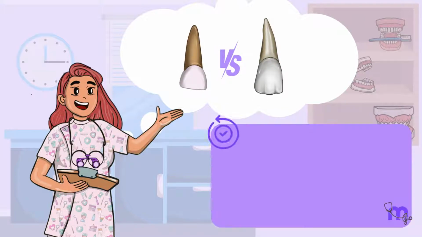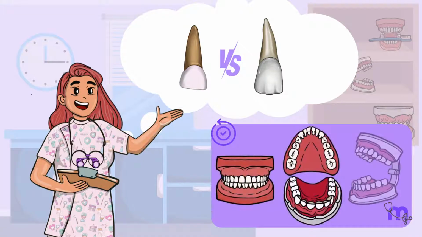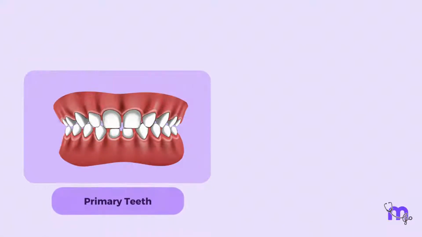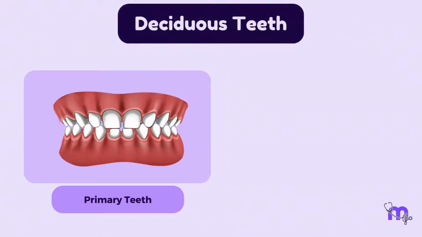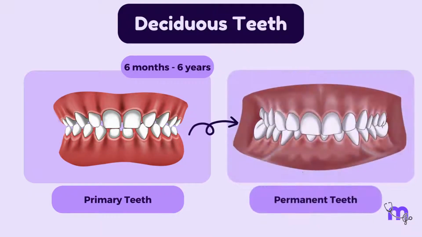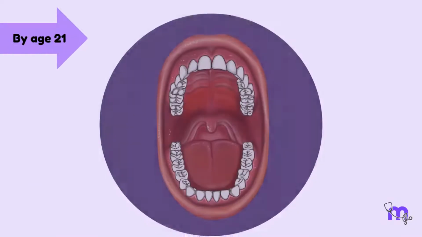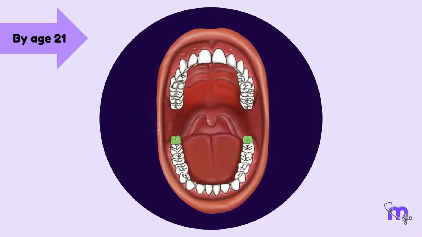She needed a quick revision, so she gathered a few models. Something she already knew was that primary teeth are also called deciduous teeth as they shed off. This temporary set of dentition is present in the oral cavity from 6 months to 6 years, after which they are replaced by permanent teeth. By the age of 21, after the eruption of the third molars, a complete set of permanent dentition is present